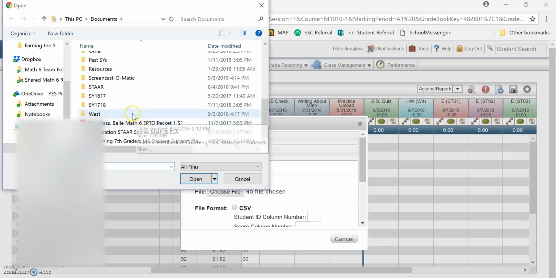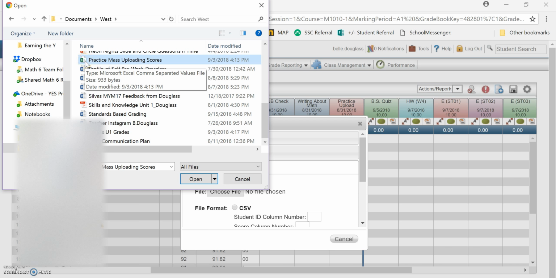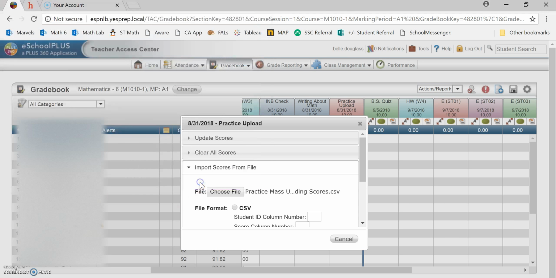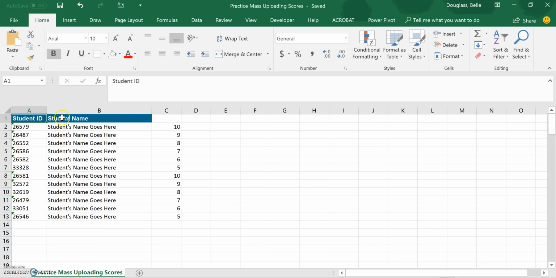I saved it in West, and then, oh gosh, what did I call it? I called it Practice Mass Uploading Scores. Notice how the icon right here is a little bit different than a typical Excel document. That does just clarify for me, and you can also read it there that it is in CSV format instead of Excel format. So we click on that. You need to tell it that yes, it is CSV format. Mine always do have a header row, which is this thing right here that just tells me this is the student ID, this is the student name, because sometimes if you're uploading standard 1, standard 2, standard 3, standard 4,